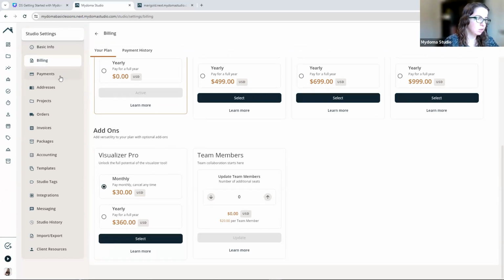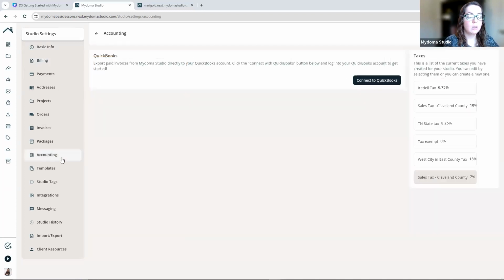Let's go to accounting next. So in accounting, depending on what plan you are on, not all plans have the capability of connecting with QuickBooks, but if you're on a professional plan or higher, you should. And so you can connect with